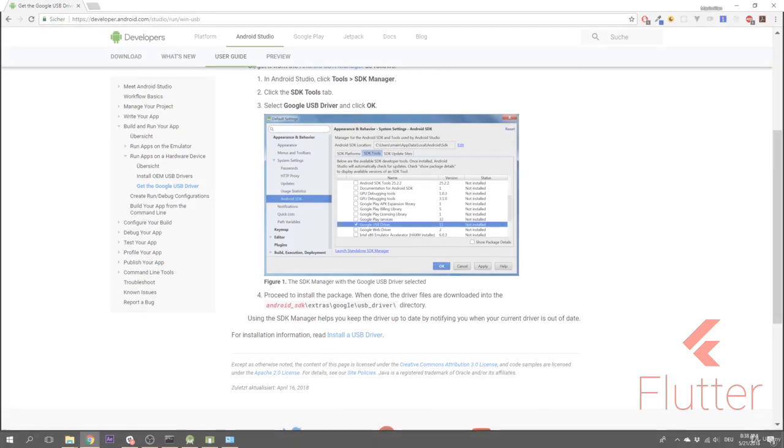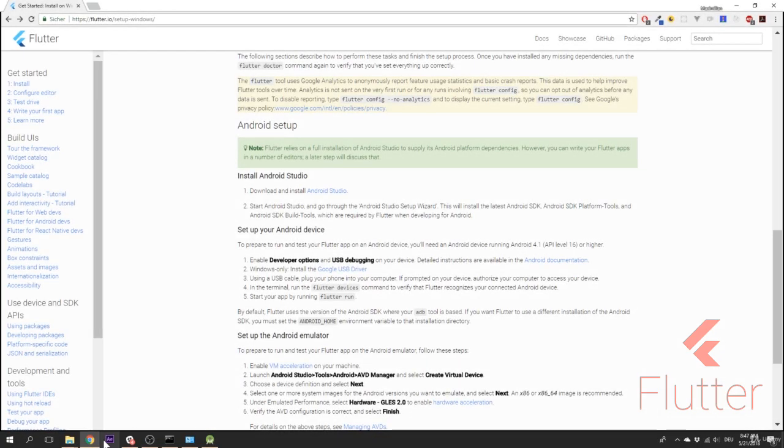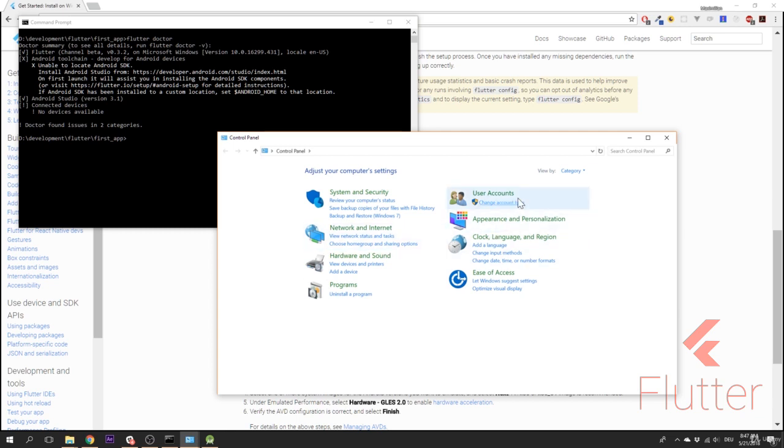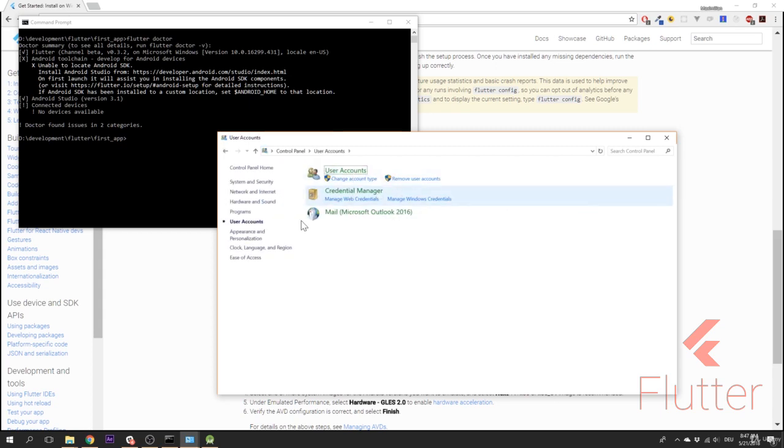If you installed your Android SDK in a different place on your operating system than the one suggested during the wizard, which I did, you need to add one other environment variable. You can also see that if you go back to the command prompt and run Flutter Doctor, a tool which tells you what's missing. Here it tells me that it's unable to locate the Android SDK. And therefore, I will go back to my control panel and there to user accounts, and then change my environment